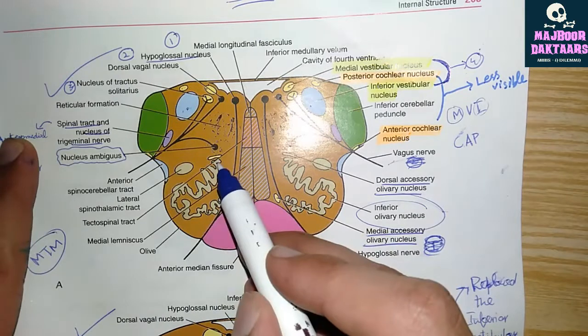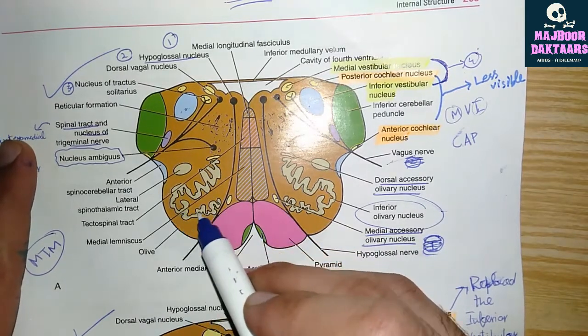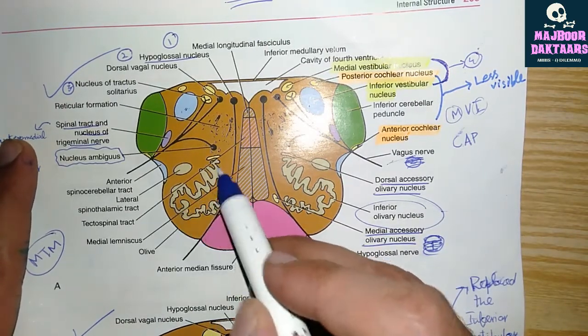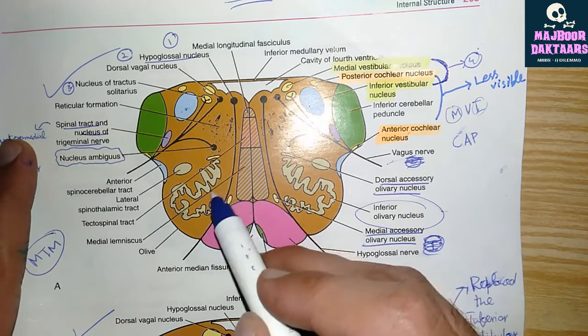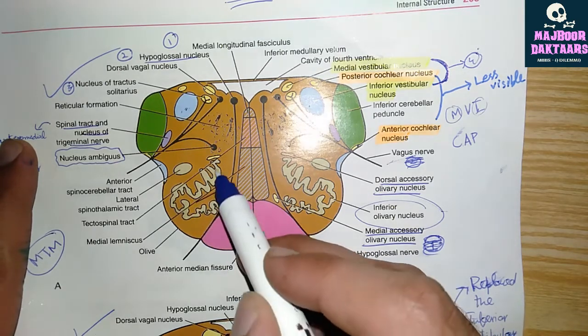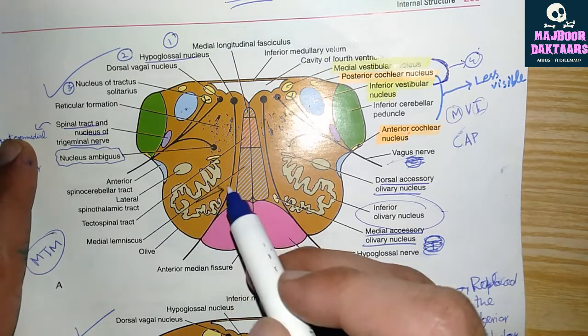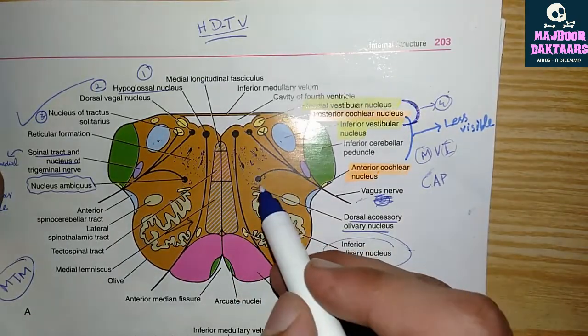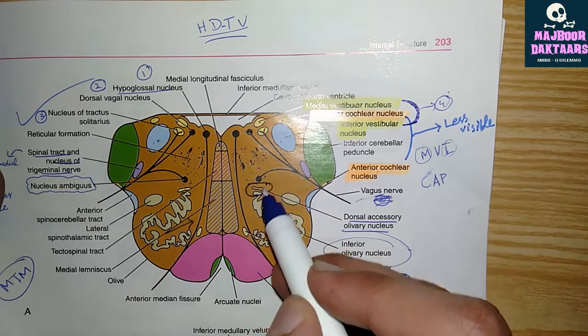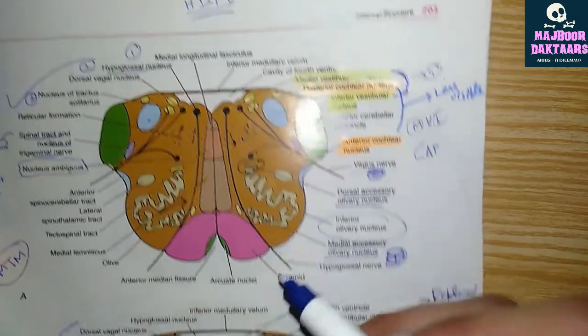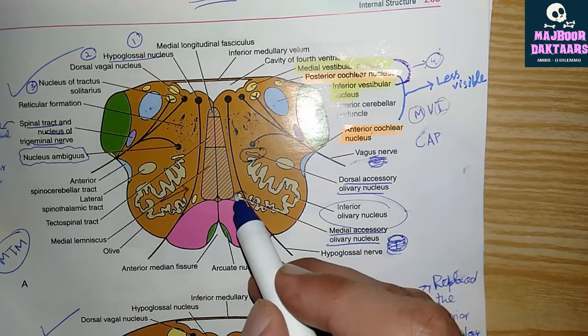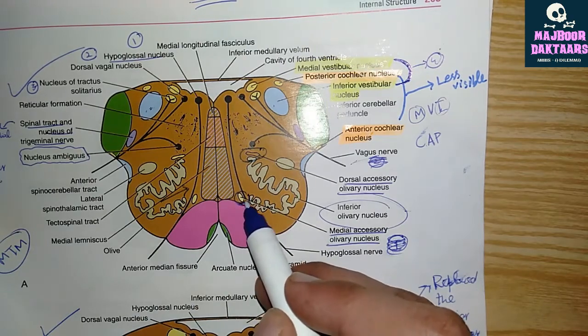Here is the cross section at the level of olives. This crumpled bag-like nucleus, whose opening is toward the medial side, is the inferior olivary nucleus, and you can see how large it is. Now at the dorsal aspect of this is the accessory dorsal olivary nucleus, and at its ventromedial aspect is the